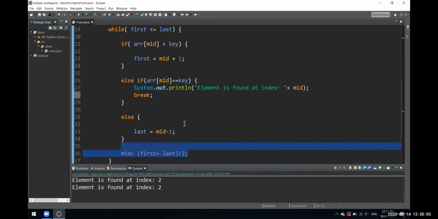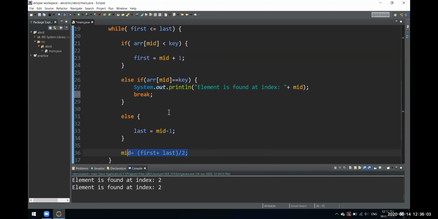While we are looping, if you know how a while loop works, we give our checking condition down here, and the increment or decrement, whatever we do, that condition we give down here. So this is just the condition which I gave. What we are doing is, if this if block is executed, if this condition is satisfied, the midpoint is less than the key, then it will go here. And it will again calculate, because we increase the value of first by 1, so it will again calculate the midpoint, and again it will execute the while loop.